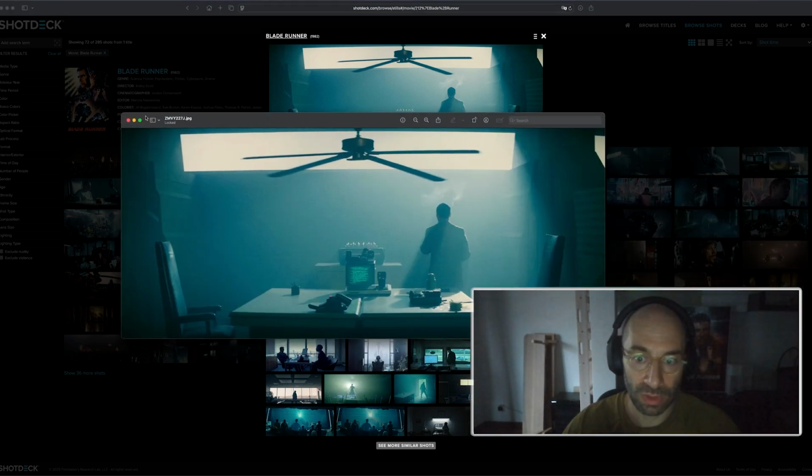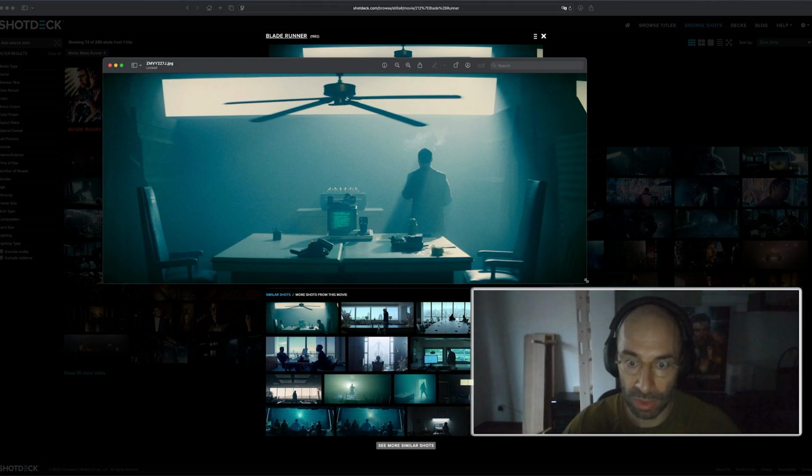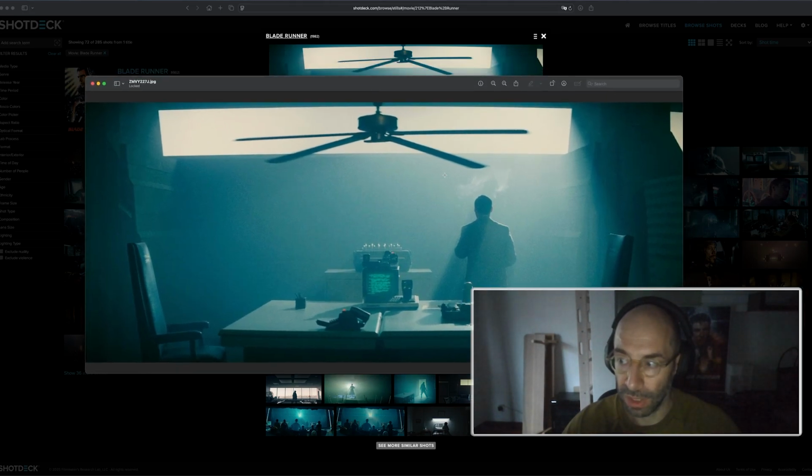I have downloaded the image, so I'm going to show you a little bigger here. We have a table, a fairly small room, two chairs, a guy standing here and maybe a little cupboard in the back, the fan, and then this wall here that's probably at a bit of an angle, and then we have this really strong light shining in. You can't really tell if it's artificial or if it's supposed to be sunlight. The movie is heavily graded and color corrected, so we will just use an artificial light